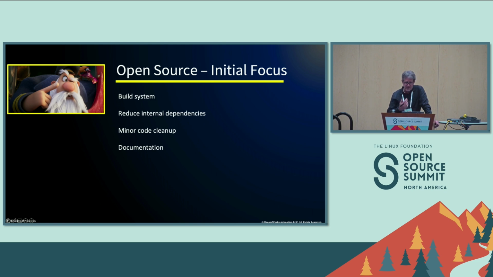Our initial focus was on a few core items. Of these, the 2 largest were replacing the build system and standing up a robust documentation site. So we replaced our build system with CMake from SCons. We extricated our code base from our internal library dependencies. We did some minor code cleanup and refactoring. And we stood up a brand new public documentation website, which updated all of our core set of user documentation,